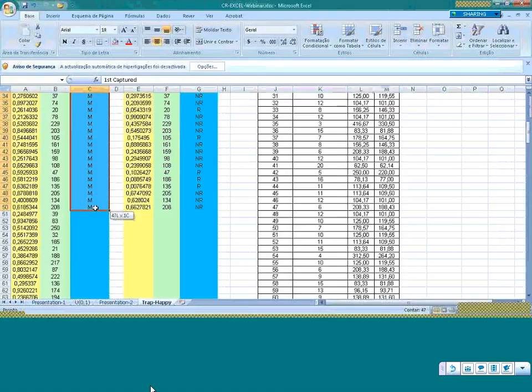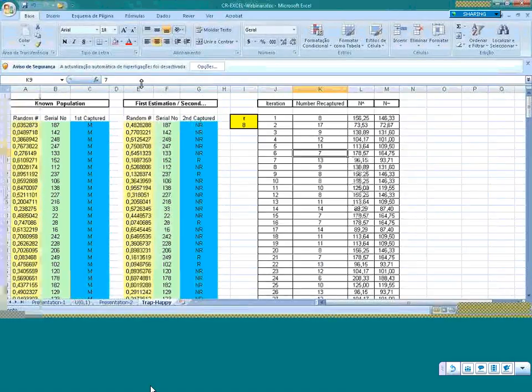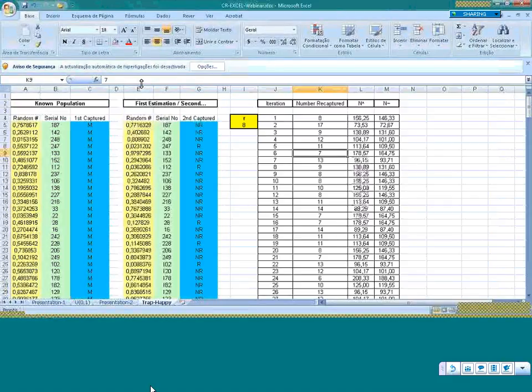Okay, and what I'm going to do is copy those here, and the only thing that we'll do is increase the probability of these individuals being captured. And what I just did, I'm going to press F9 so you can see the difference. Are you seeing the changes